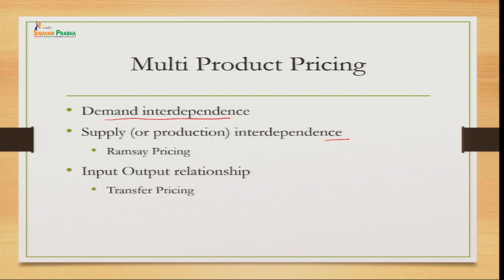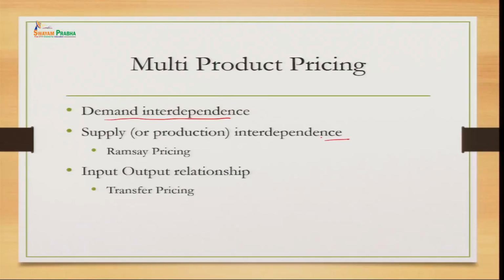So, if you are producing cars, if you talk about the Honda company, the production of Honda City and the production of this Honda Jazz requires the same kind of production process, right. So, here there is an interdependence of supply. So, when there is an interdependence of supply, the firm has to take into account how they are going to